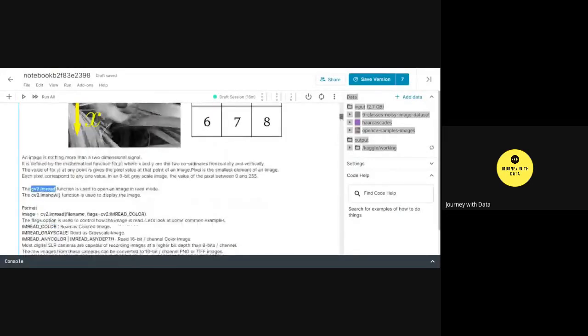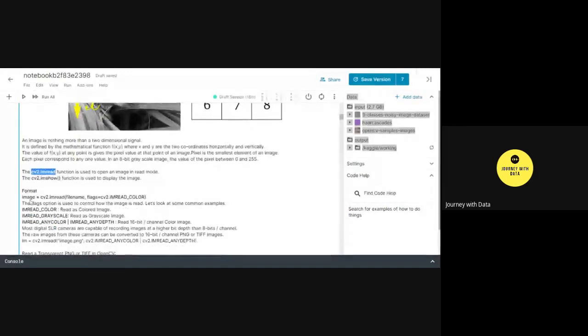If you notice, this is nothing but a variable. I'll take you through the code as well, but as of now, I'm just discussing the basic format of the function cv2.imread. Image is nothing but a variable in this case. I'm storing the output of cv2.imread in a variable known as image. You can use any meaningful variable of your choice.